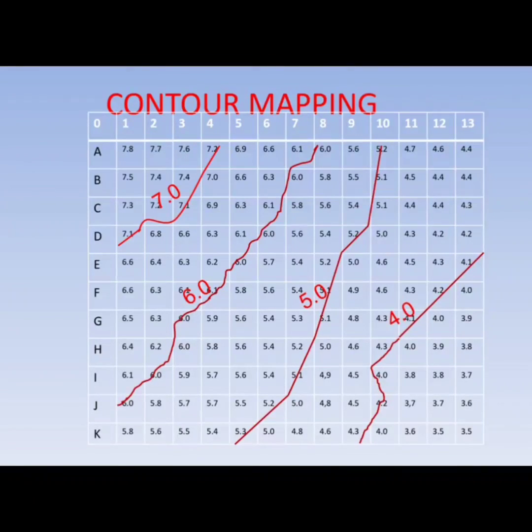In this, the 7 meter contour will be plotted, and lines are to be drawn along the 7 meter level. Wherever exact levels are not available, we have to select the point between the two points by interpolation method. For example, at A4 and 5, the levels are 7.1 and 6.9. So we have to select it at